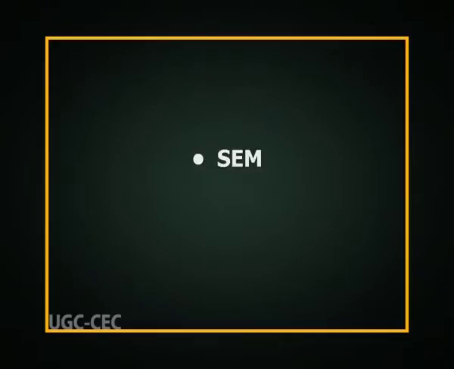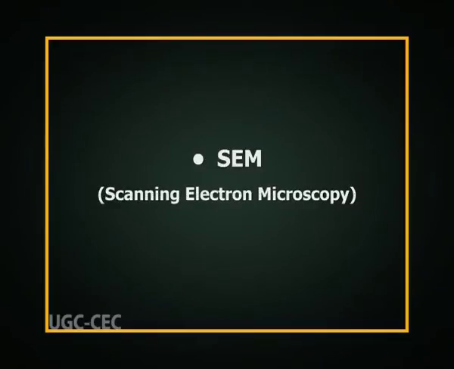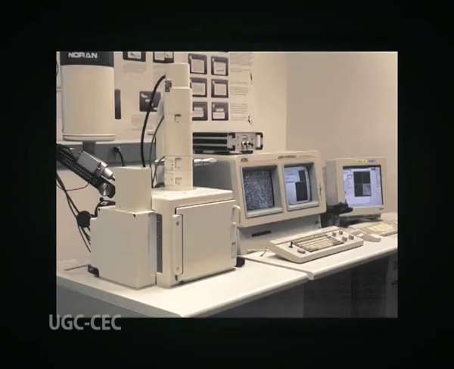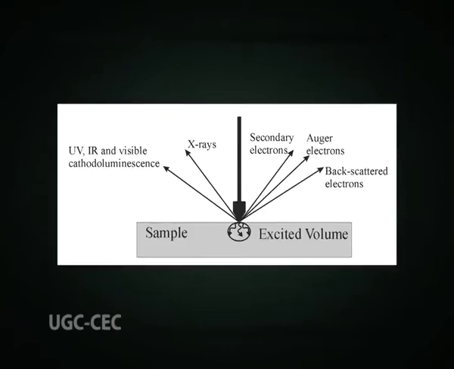Now friends, let us discuss another microscopy technique, that is SEM, scanning electron microscopy. In scanning electron microscopy, the image is formed step by step by scanning a focused electron beam across the specimen. The primary electrons penetrate the solid specimen and are deflected by a large number of elastic scattering processes. The incident electrons result in the generation of various signals which are collected to form an image or to analyze